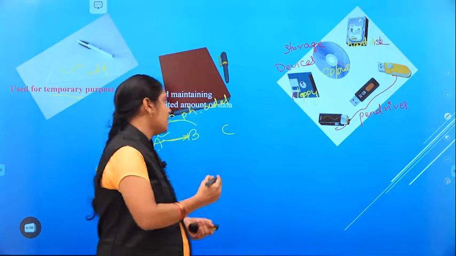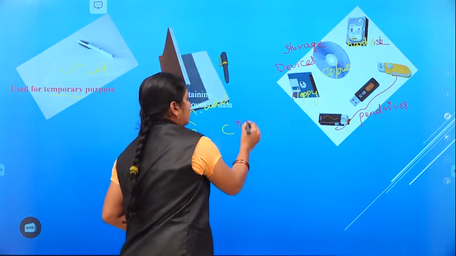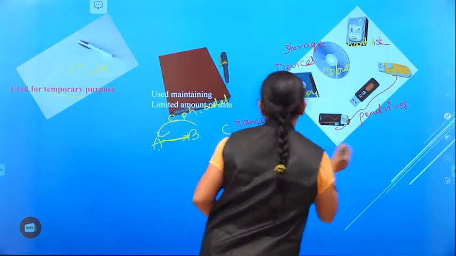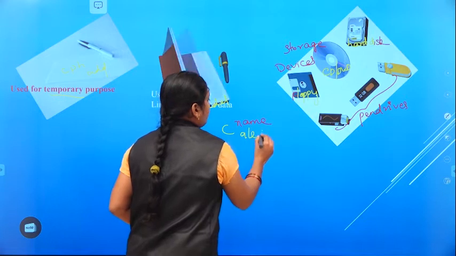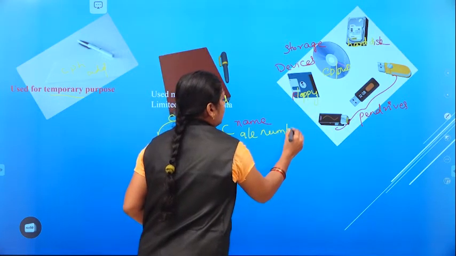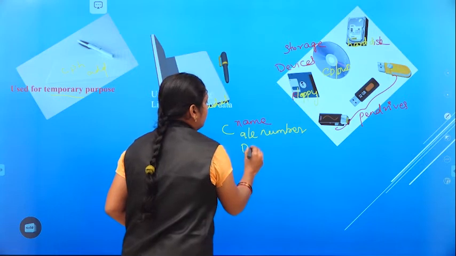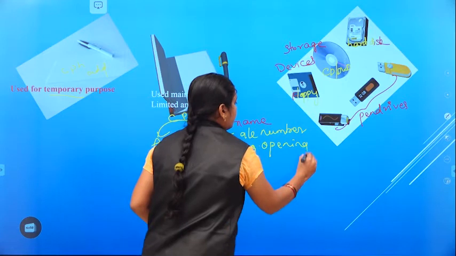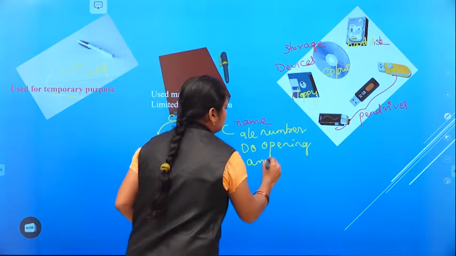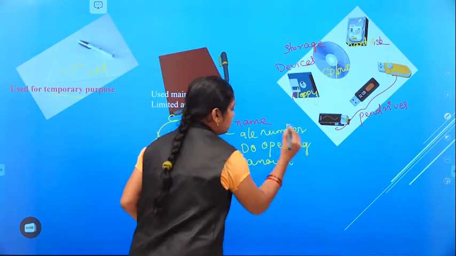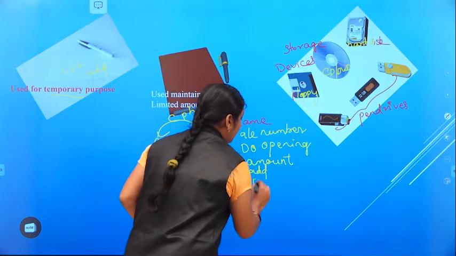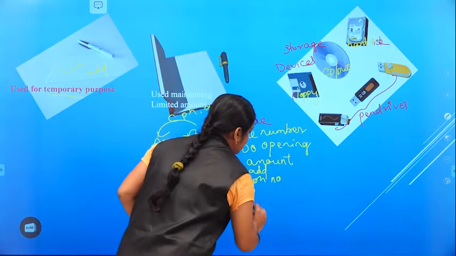Account details in the sense, what is the name of the customer, their account number, date of opening, amount in that account, their address, phone number, transaction details,